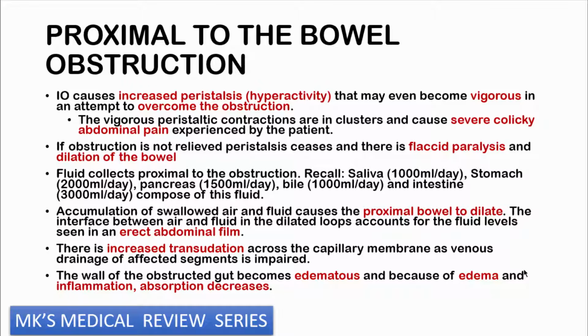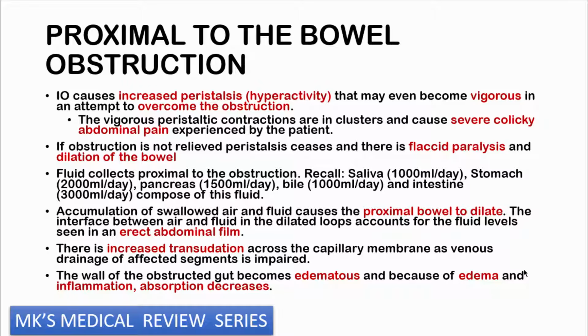That's what we refer to when you do an erect abdominal X-ray as air fluid levels, where someone is standing. If someone stands and you take an abdominal X-ray, you call that an erect abdominal film. So you're going to be seeing these air fluid levels. You need more than two of them. So it means you need 3 or more air fluid levels for you to suspect that there could be some obstruction. And in addition to this, there's also going to be increase in transudation across capillary membranes because you have